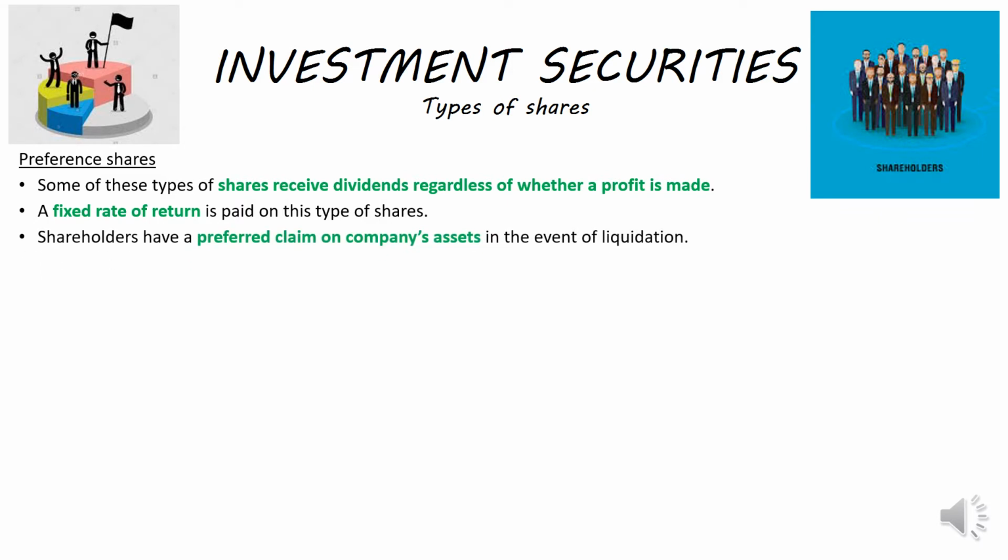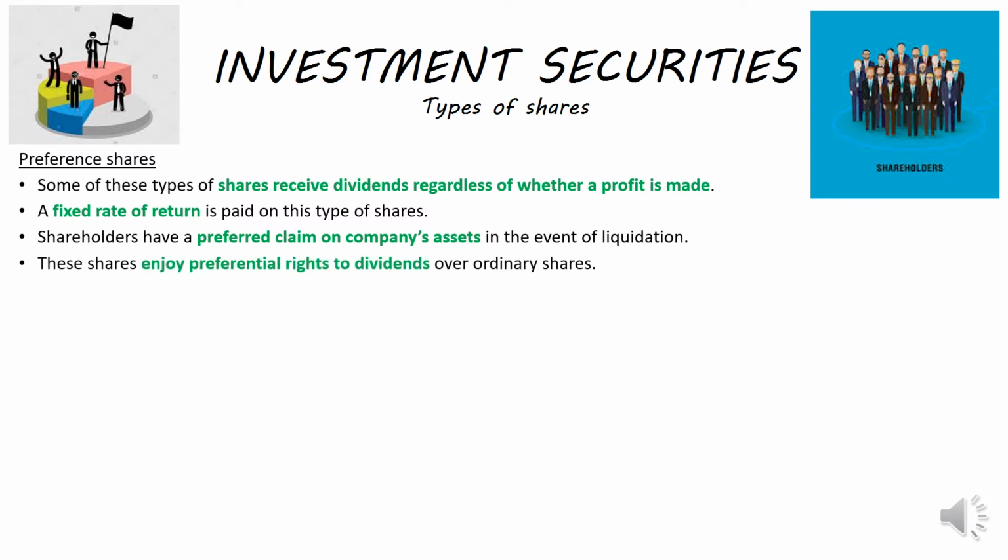Right, as I explained already, if you're a preferential shareholder, you have a preferred claim on the company's assets in the event of liquidation. Just remember, the preferential shareholders are definitely not first in line. Obviously, should the company be liquidated, as I said, your creditors will be paid first. After that, if there's money left over, the preference shareholders might get some of their original investment back. Okay, it will depend, obviously, on how much money is left after the company's debts were settled.